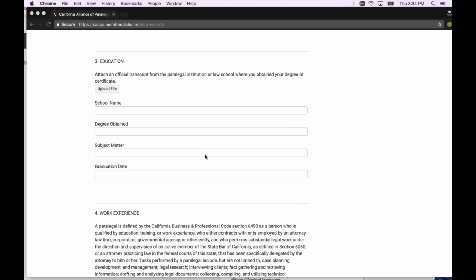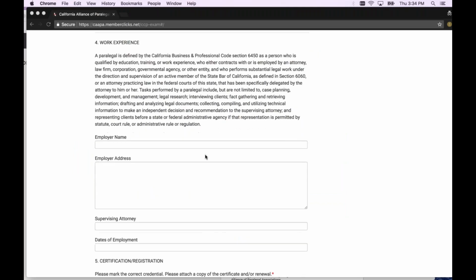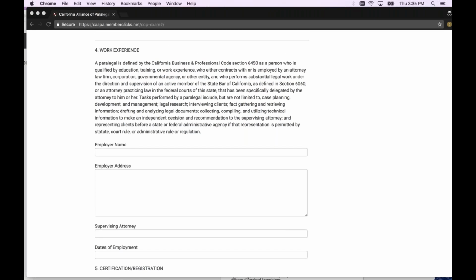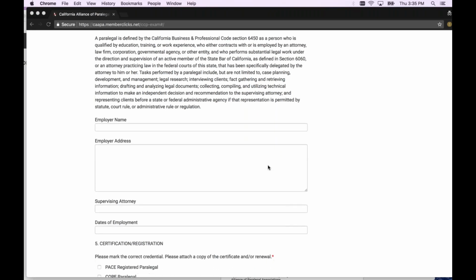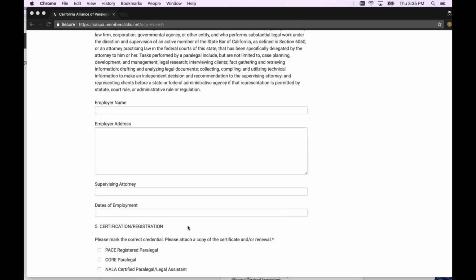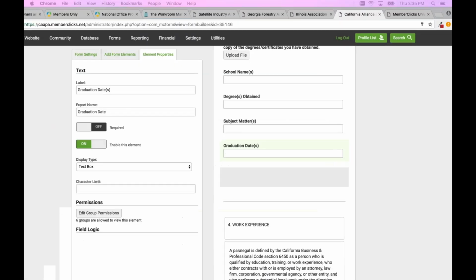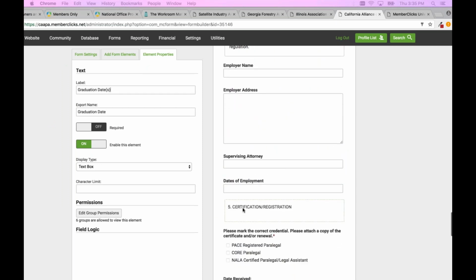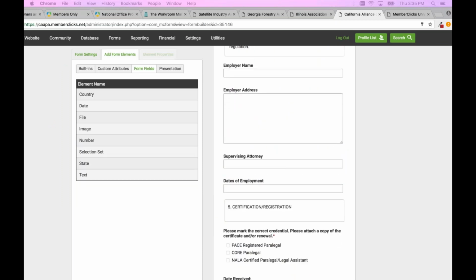Next area we're going to work into is 4, work experience. I thought this was pretty straightforward. Yep. And then I want to add some space again between section 4 and 5. So once again, to do that, I'm just going to go to the bottom of section 4 before section 5,